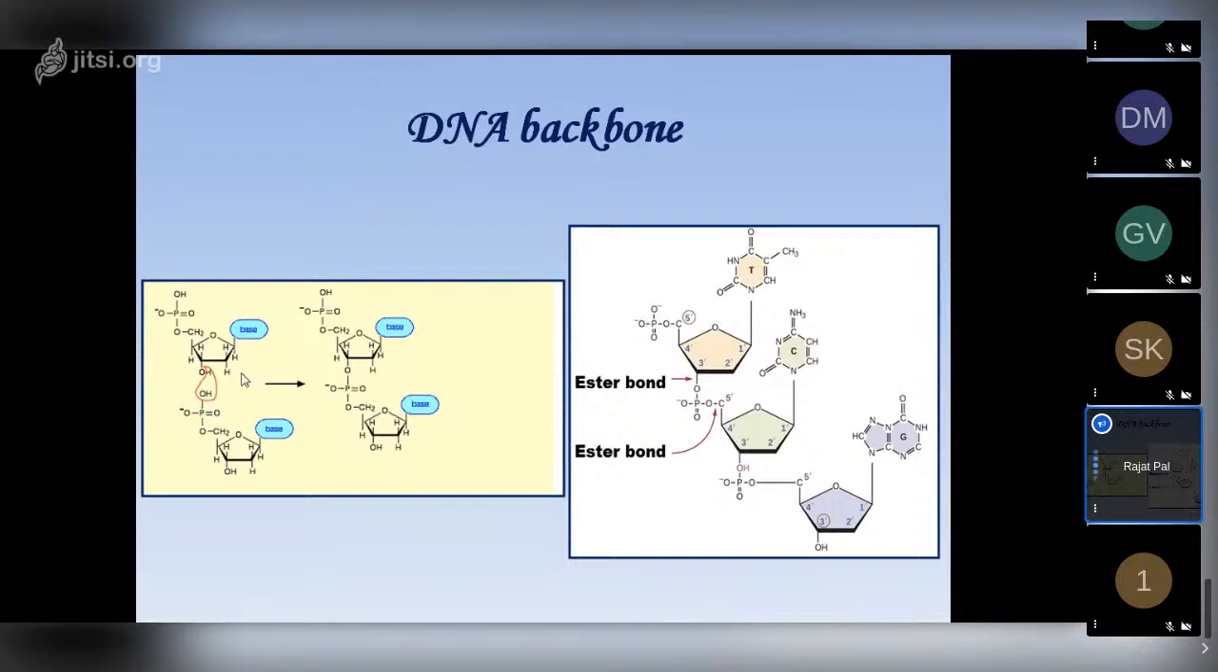But in the case of the RNA molecule, there is an OH group present over here at the 2' position. For that reason, it is known as the ribonucleic acid, with ribose sugar present in it. Here, this OH group and the OH of the phosphoric acid group present in the